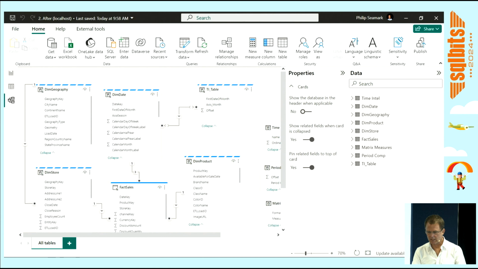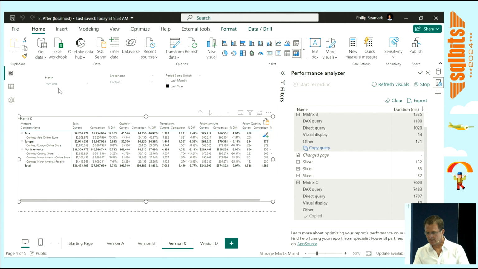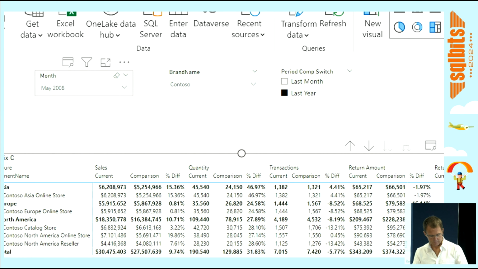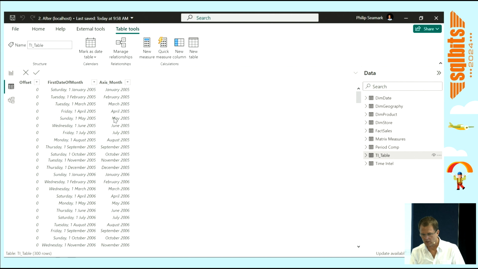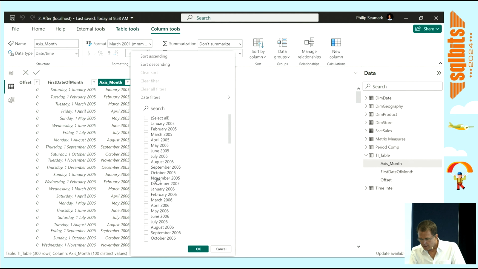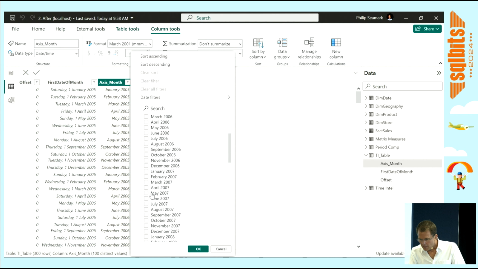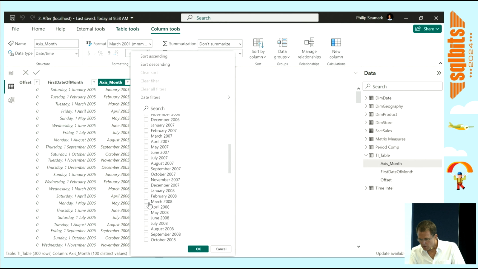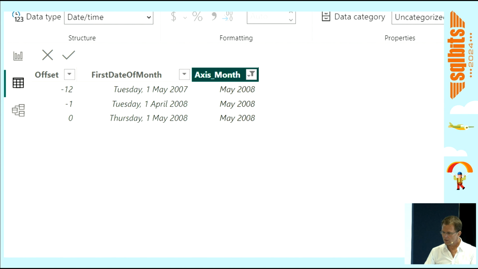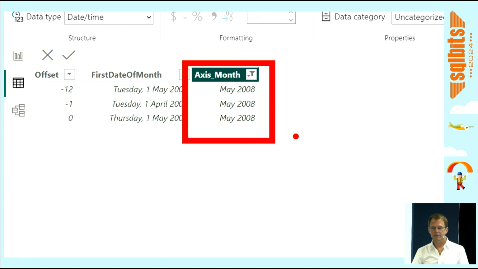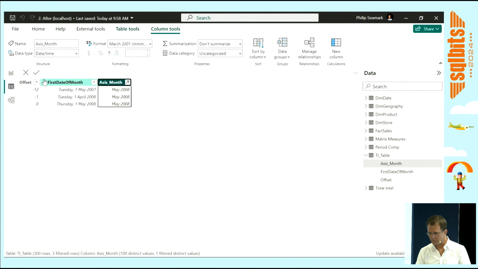Because remember in the report page, here's that slicer I was talking about. And at the moment, the slicer is just over the month column in the date table. What I want to do is jump over to this time intelligence table that I'm adding on, and let's have a look at what that might look like. So if I pick a given month, say May 2008, because I know that's what we're using in the calculation, here we go. So I have every copy of every possible month, and then for each month, I have